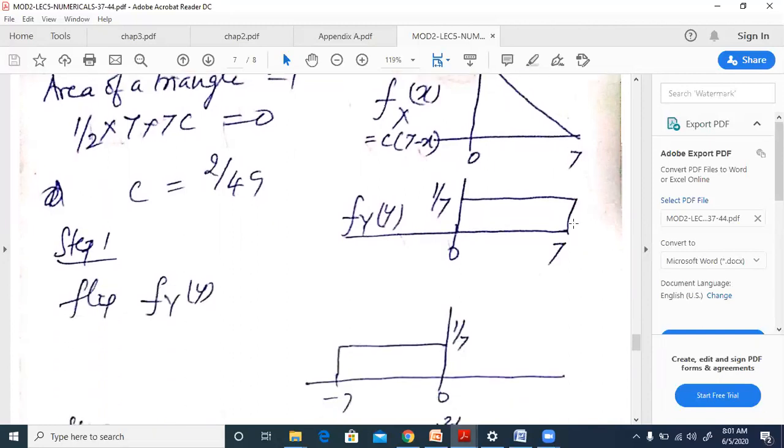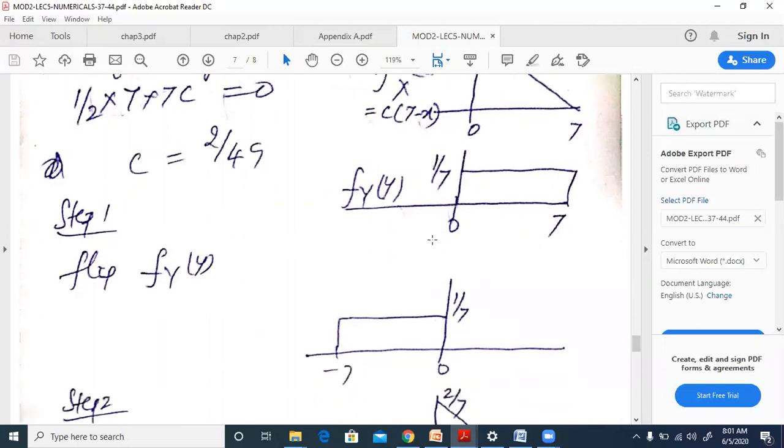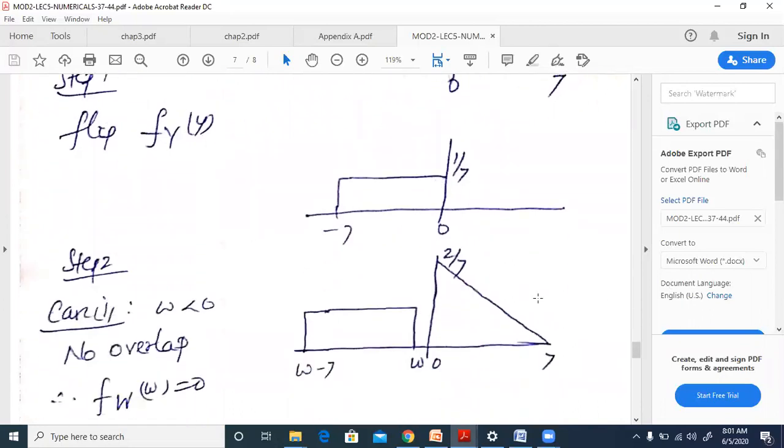Now we'll try to flip the f(y). We'll flip, or rotate, or take the mirror image across the y-axis, right? That's what we are trying to do over here. And then we try to shift this, keeping f(x) as it is. So that just means keep f(x) as it is and shift this now. Shifting this means we'll keep this to the left of this initially, so that after shifting,